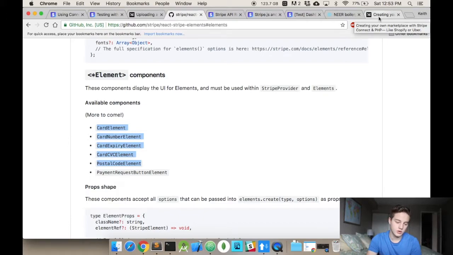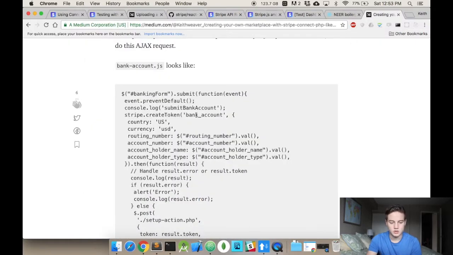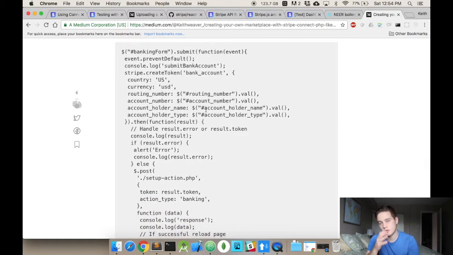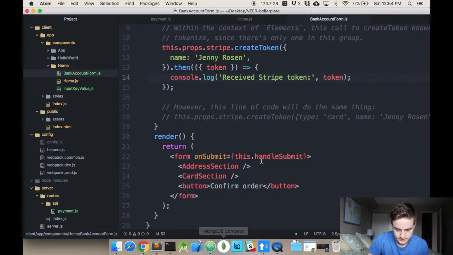elements. So as much as I would like to go in and update and support this library here, I just don't have the time right at the moment. So what I did was I pulled up the PHP version of this same video. I wrote an article on how to do it. And this file here is a JavaScript file which generates the create token. As you can see, stripe.createToken. And if you look at our code, stripe.createToken. It's the same call, except